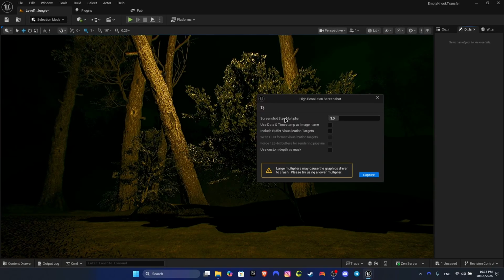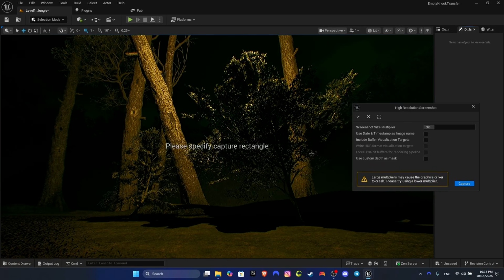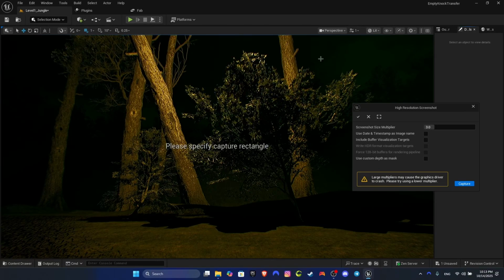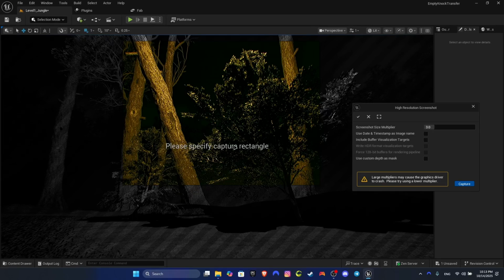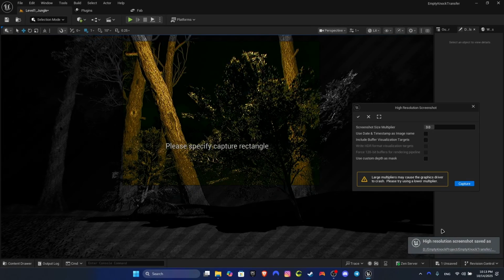Another one is that you can use this crop, which I don't use, but there's an option where you can select an area here and capture it, and it should be like this,